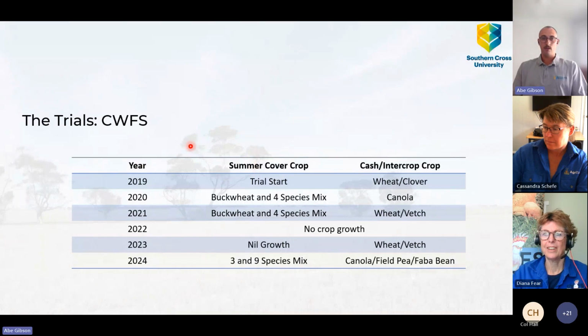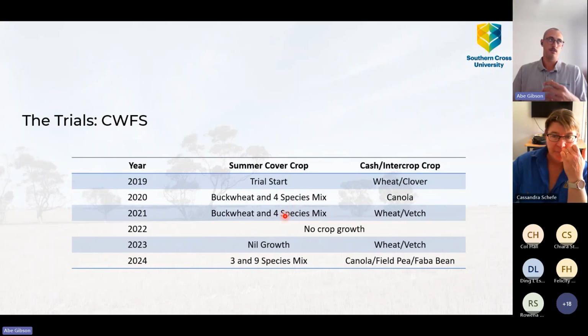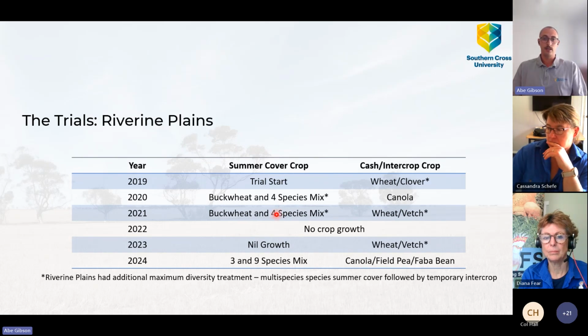So this is what has been grown at Central West since 2019. So we're here in 2024. There's been some ups and downs, like any cropping system, and you're more exposed to that when you've only got a small plot trial. So we have some issues with waterlogging, especially in 2022 in that really wet year,